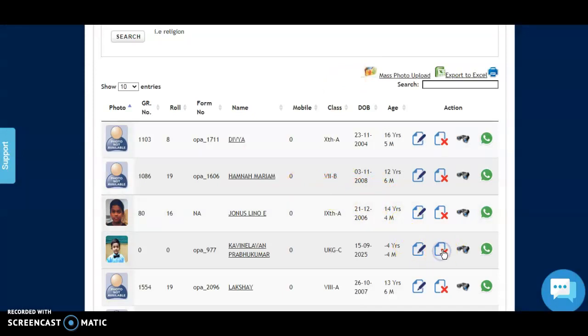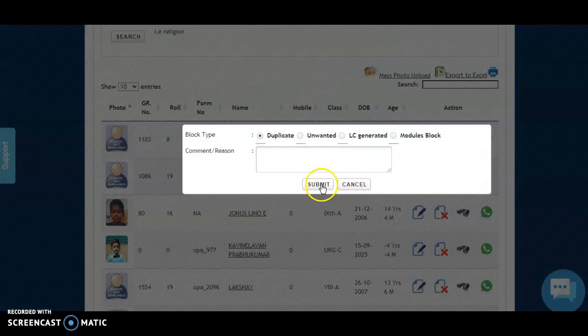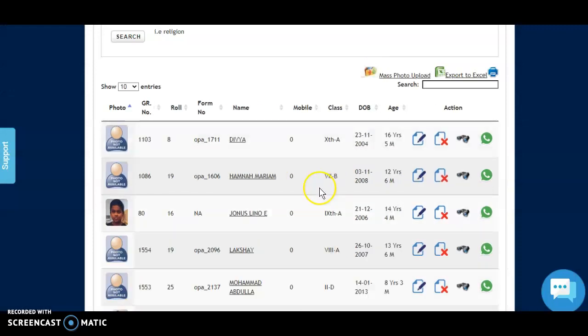Now one more child, let's simply do a duplicate block. Okay, submit. Okay, so in this way you can block, and once you block that child, in case for duplicate or LC